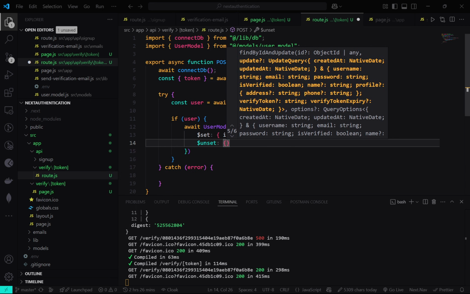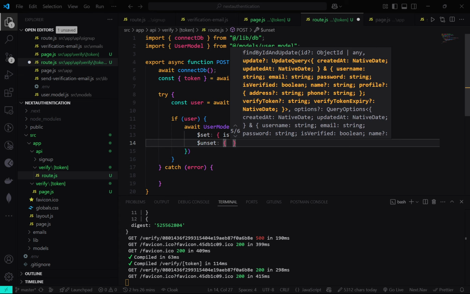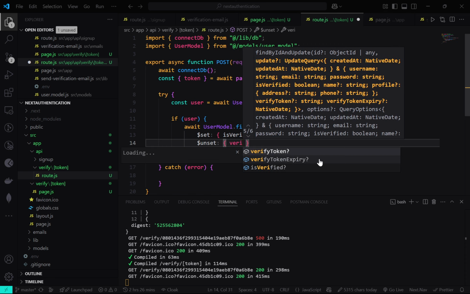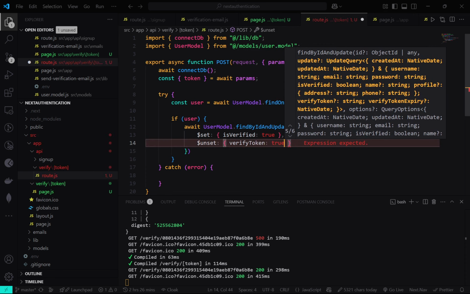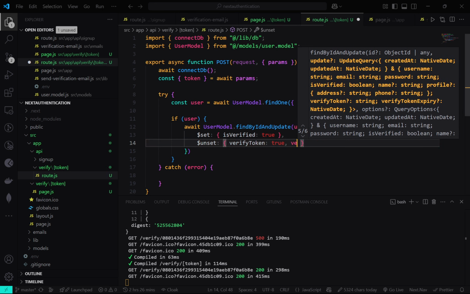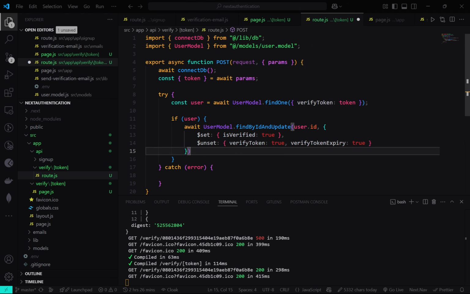Dollar unset is verified, or let us say dollar unset. What we'll be unsetting is the verified token. Verified token true, then verified token expiry, that is also true. We'll be just unsetting these variables. So if the user will not be updating the user directly, but what we'll do is